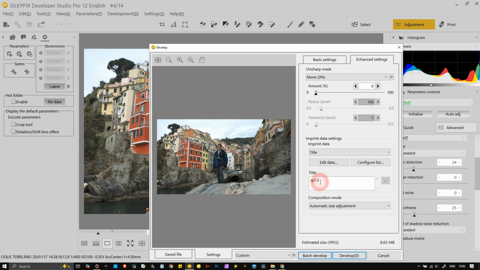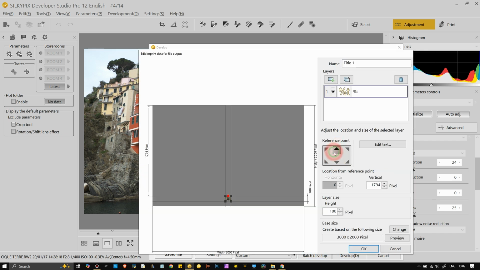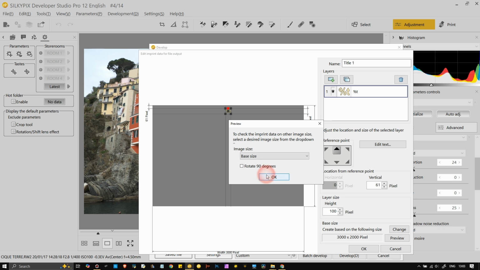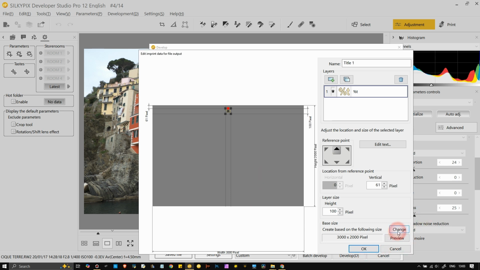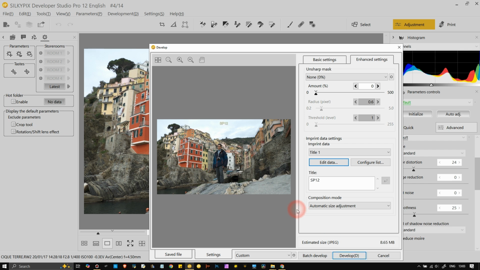And for SILKYPIX 12, I'm going to capitalize it with the SP. And I don't know if I can put this thing on top. Edit data. Aha, there you go. I can maybe put it on top. And preview. Okay. There you go. Perfect. So this is there so that you can see it. This is SILKYPIX 12. Then I'm going to export